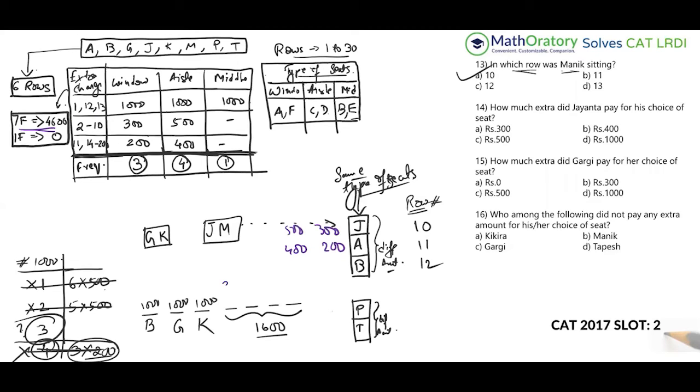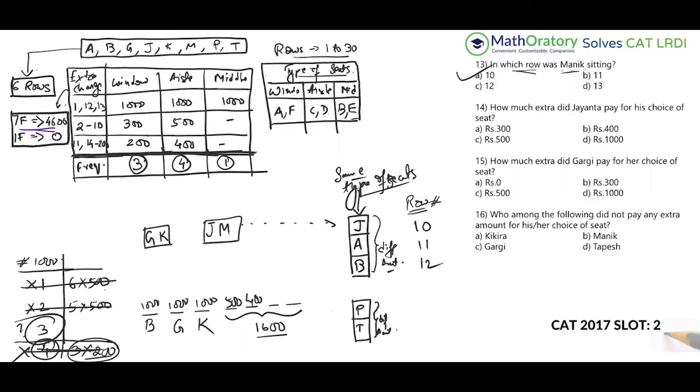If I pick up 300 and 200, that leaves 1,100 for these two amounts to be filled up, which is not possible because the maximum amount we have is 500. So a couple of values cannot add up to 1,100. So 300, 200 is out, which implies that these two values should be 500 and 400. So a couple of values we figured out. And because these are 500 and 400, J and A should be sitting on aisle seats. So now we know the same type of seat of J, A, B is the aisle seat, right?